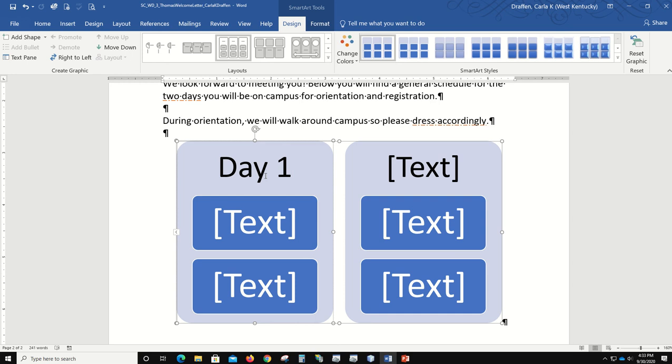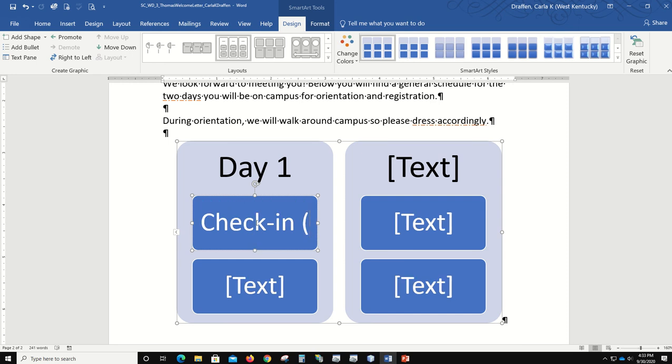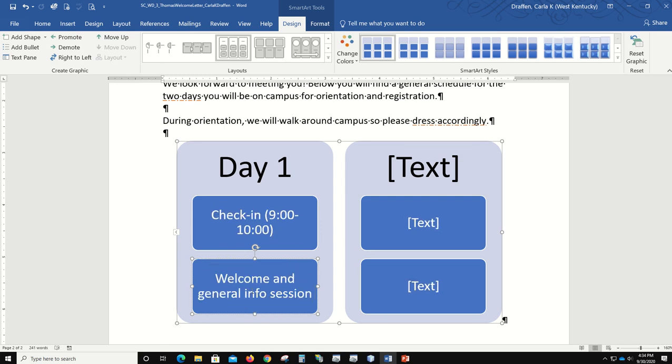We're going to click where it says text with the big old square brackets, and we're going to type in day 1, and then we're going to click in this middle button, and this is where we have to type in the check-in times. Check-in, and we're going to put in the parentheses 9:00-10:00 close parentheses. And then we're going to click in the lower left shape for this next item, Welcome and General Info Session. And we have some times for that. 10:15 to 11:45